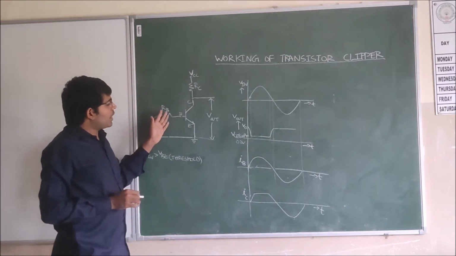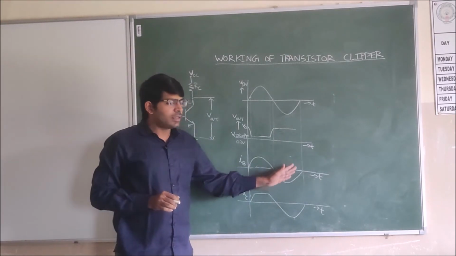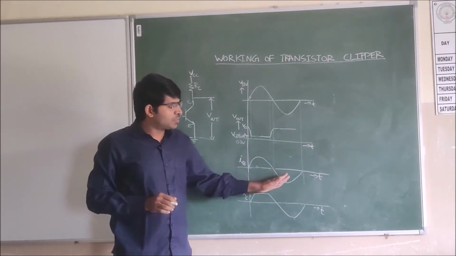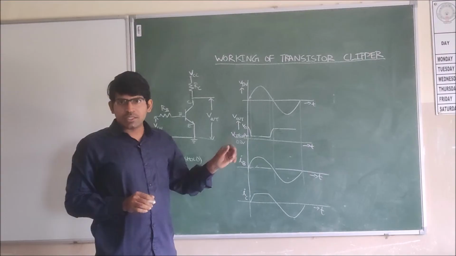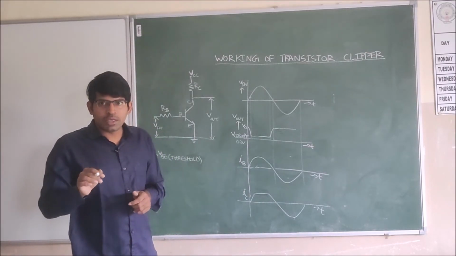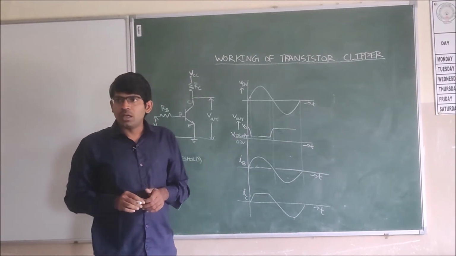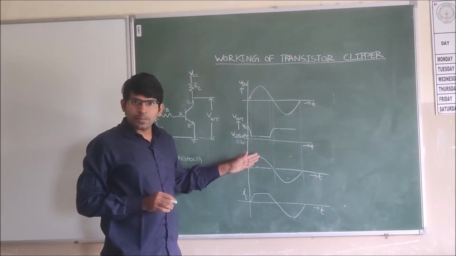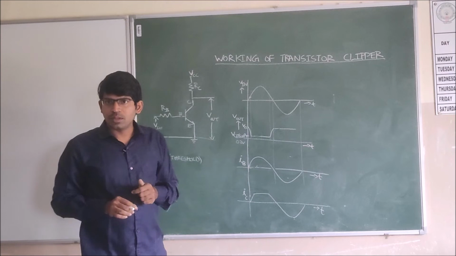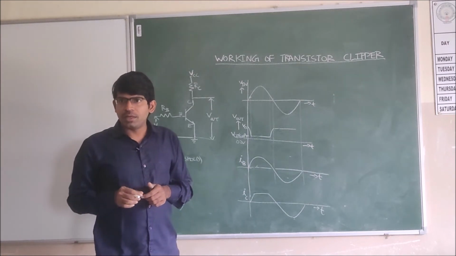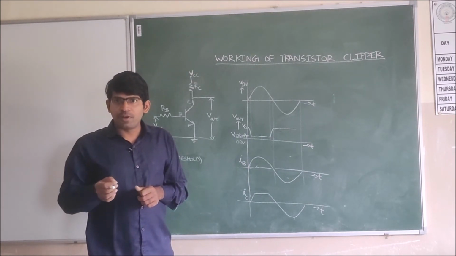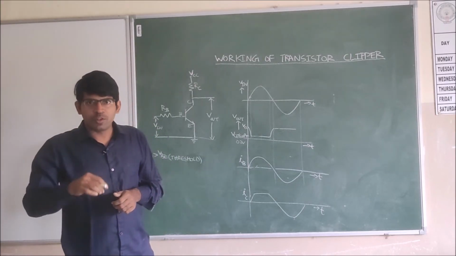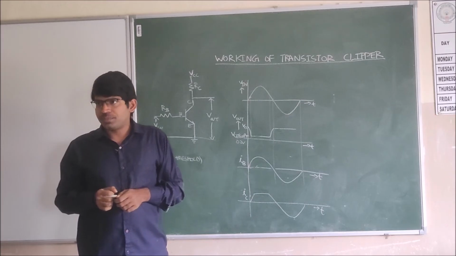If we take the IB input signal in this format, and the transistor is working in the active region, then the collector follows the base signal. That is what we have actually discussed as an amplifier. It is capable of reproducing the input waveform with more current.